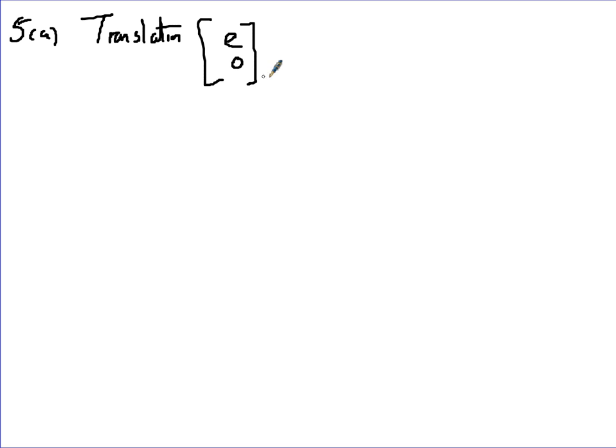Okay, question 5. How do you move from ln x to 4 ln(x − e)? So, first thing I always put down is my translation. Now it's inside the bracket, so it's the opposite of what you expect. It's the x direction, it's e and then 0. And then we're going to stretch